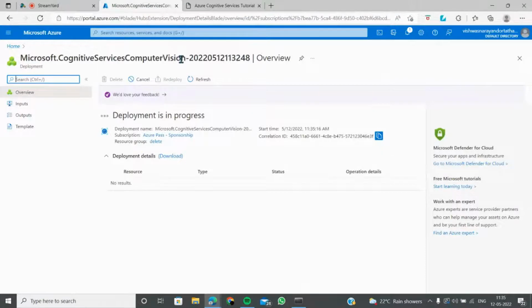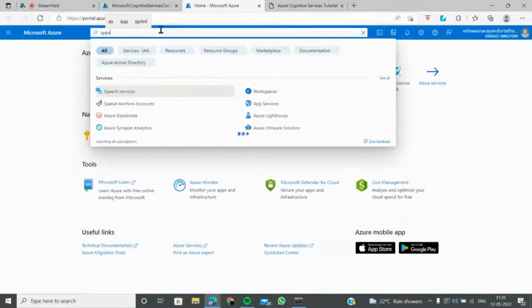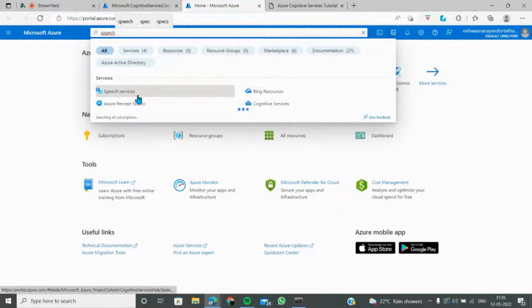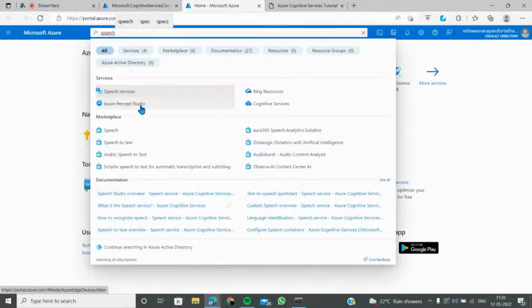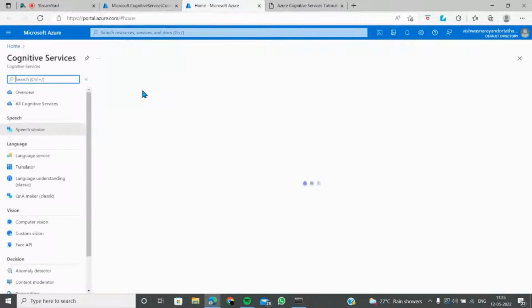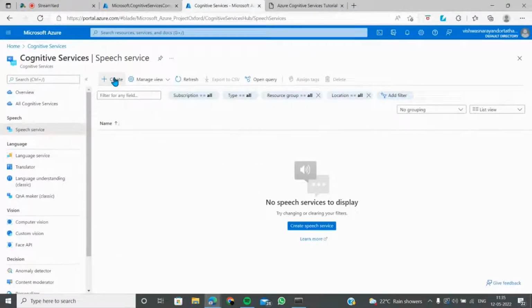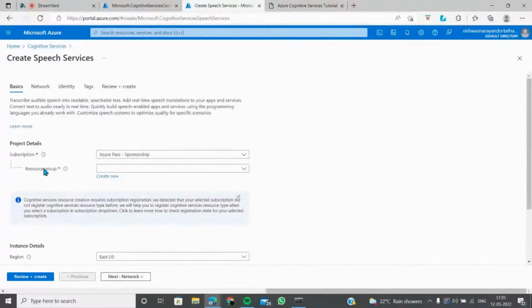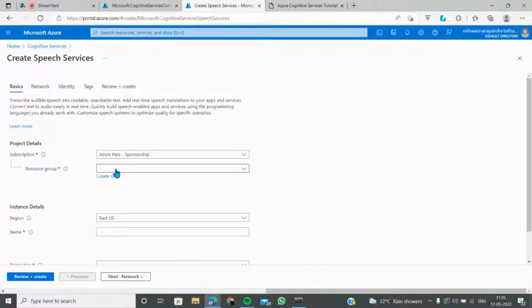There are different keys and everything that will be coming in. If you want, I can do one more demo as well. That's not a problem. Speech or face? Face is also good, but let's do speech. Vision Studio is also there, but let's go with Speech Services. I create a speech service, and just look at the magic of this. It's not just one service you're considering, it's all the different services that you can consider.